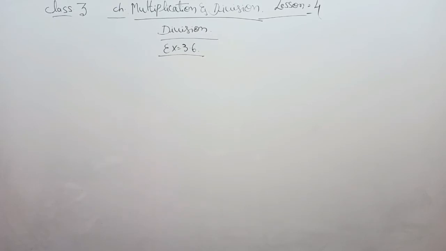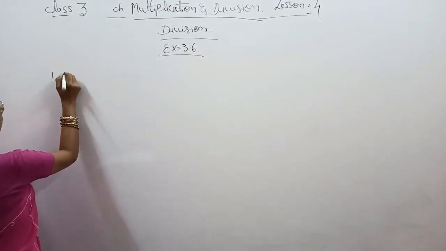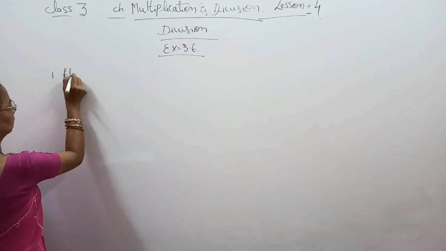Now the first question is, look at the groups of objects and fill in the blanks. There are 5 flower pots given. In one flower pot there are 3 flowers. Now we have to solve the questions given below the figure. The first question is, how many flowers are there in all? There is one flower pot